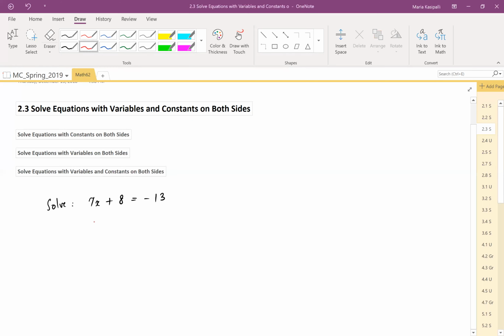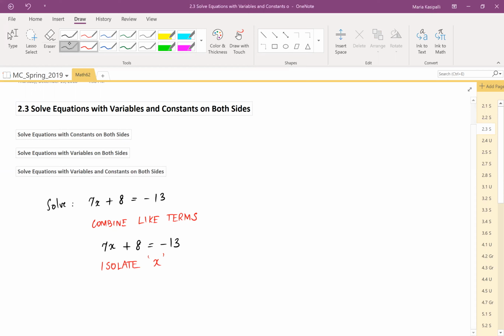So let's say combine like terms. If this step does not apply to your problem, you will skip this step. Like in our case, we have no like terms to combine on the left nor on the right. So this step we will skip, which means we will go to the next step, which is to isolate x,